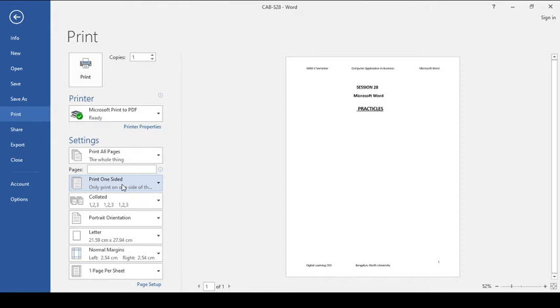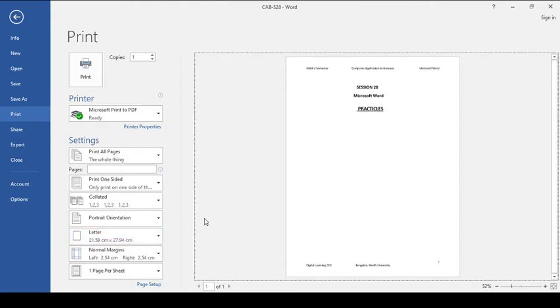We have various sizes of paper, so whichever size we want, we can select. We can see Letter, etc., given here. Margins can be fixed. So once we are happy with the preview, we can just press this print button. Automatically our document will be printed when the printer is attached. Either we can go for a print here in the file tab, or we can use Control plus P. When we do this, the print dialog box will open, so we can go ahead with the printing.